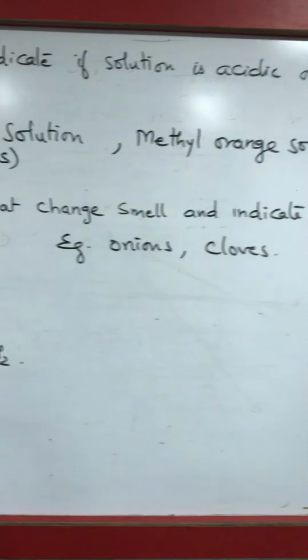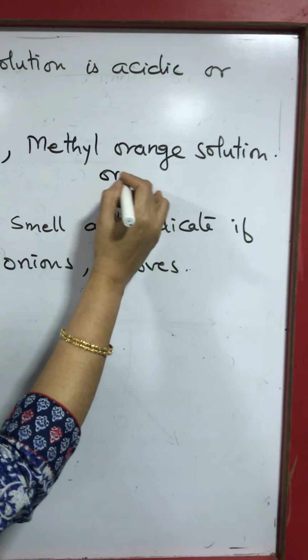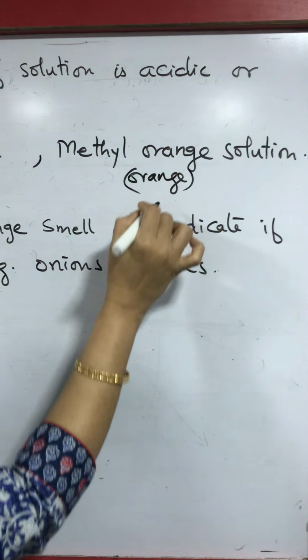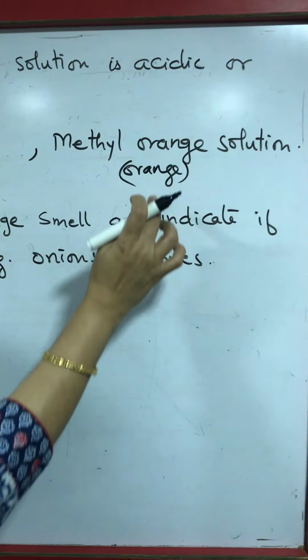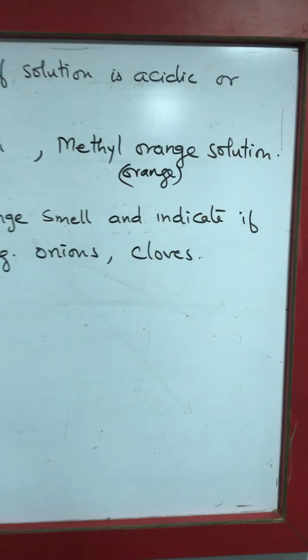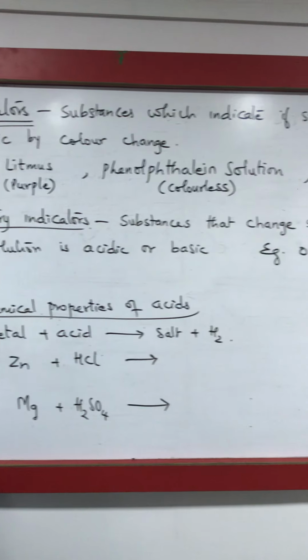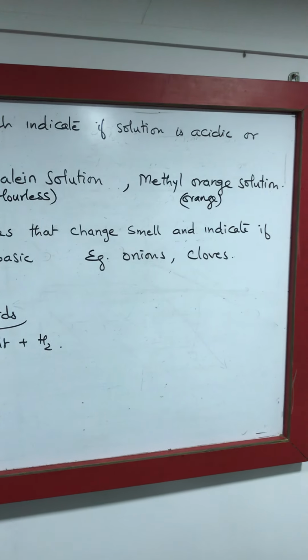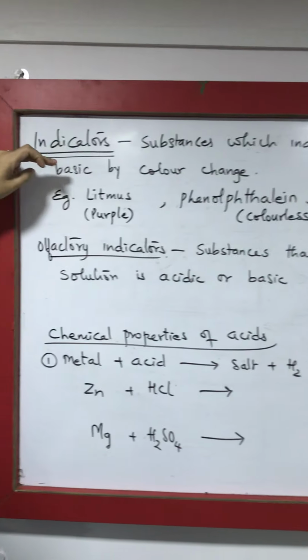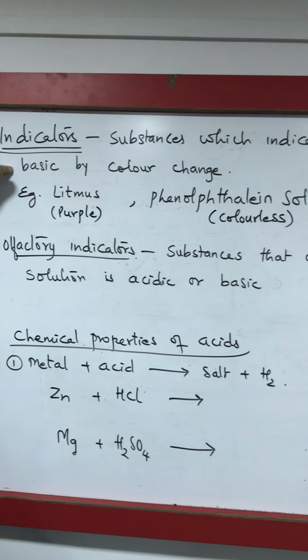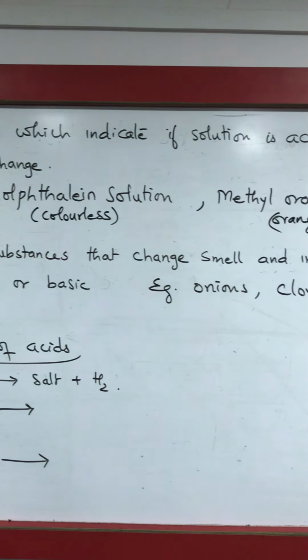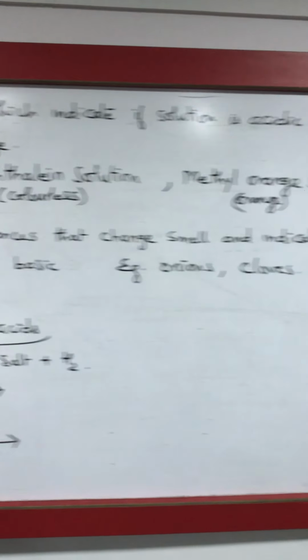Whereas methyl orange, which is orange in color, will turn pink in acid and yellow in base. So that means these solutions have different colors in acid and basic medium. So these substances which will help us to find out if a solution is acidic or basic are called as